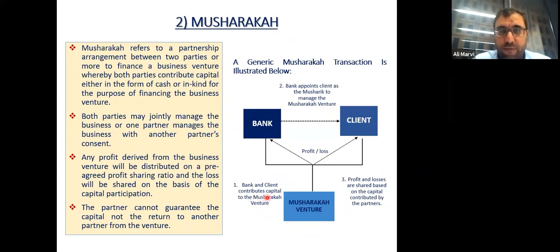So in the first step, bank and client both bring capital. The bank uses the capital of the depositors in the Islamic bank, and the client also brings part of the capital, and they sign a Musharaka contract, and the bank appoints the client as the Musharik,